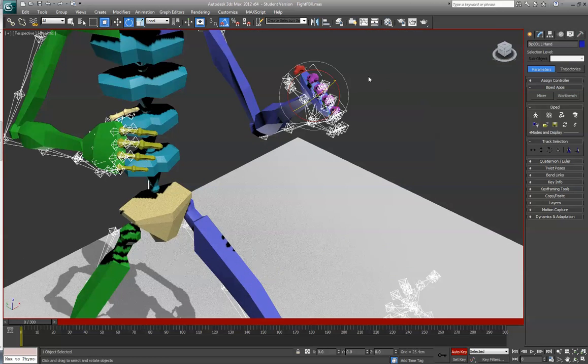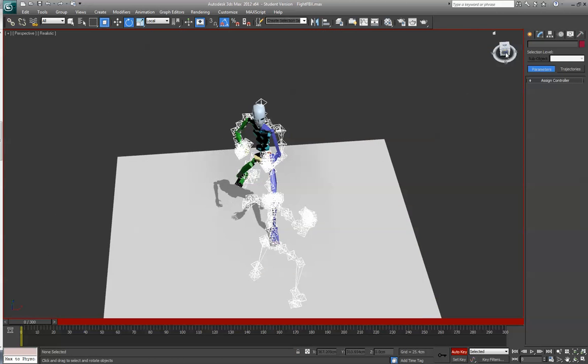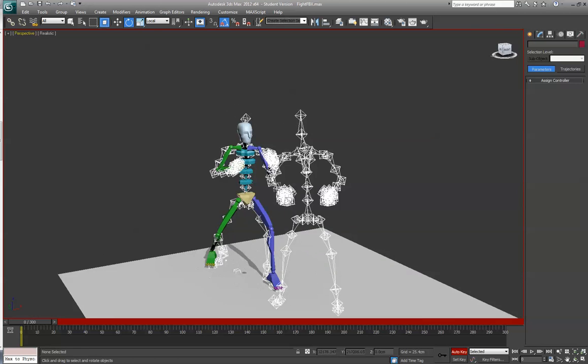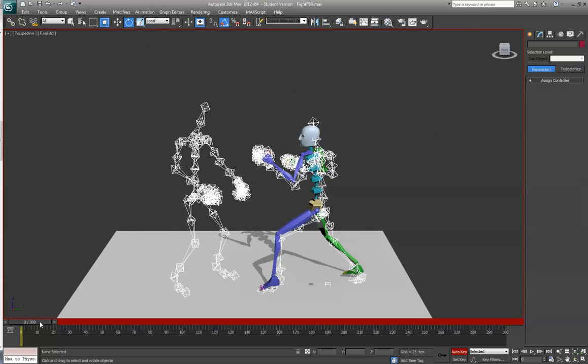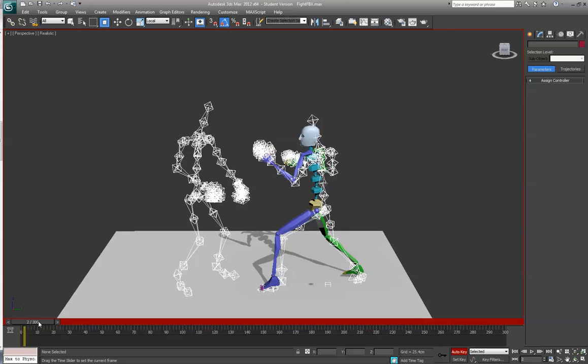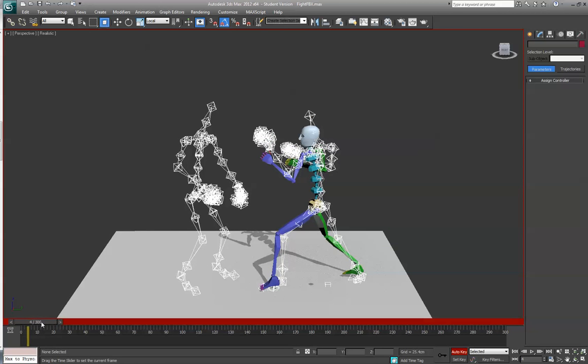I'm just going to walk you through this first pose. Control select all these fingers, and kind of back up a little bit. Okay. So, that's a good start for the first pose. You obviously would probably want to go in and bend his toes and stuff just to make it look all nice and polished. But for the sake of this demonstration,